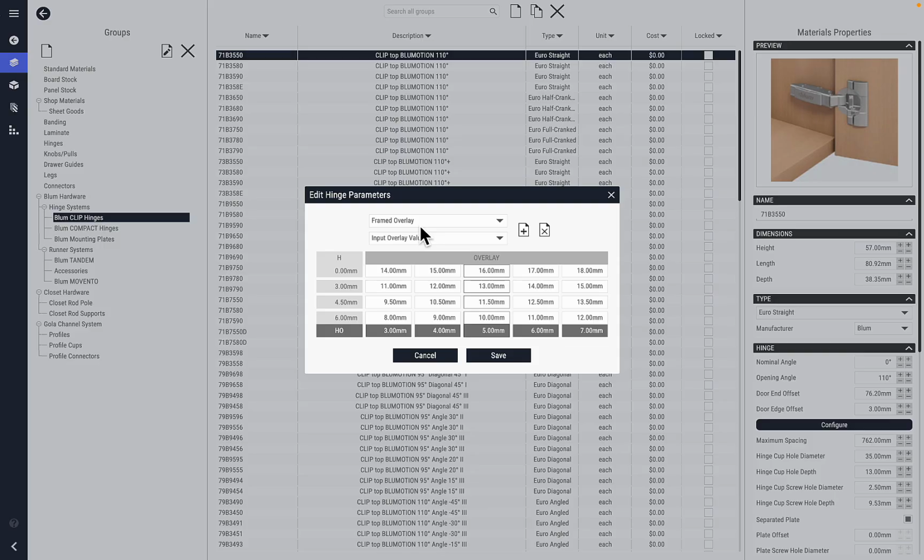These tables were already there before. They would just be held in the background for Bloom hinges. But now if you're going to be making a custom hinge from either some other manufacturer that we don't have in here, or a custom hinge of your own, you can come in here and create new tables and make this action happen. This is mostly going to be useful for CNC licenses because it's important for them where these hinge borings are created,